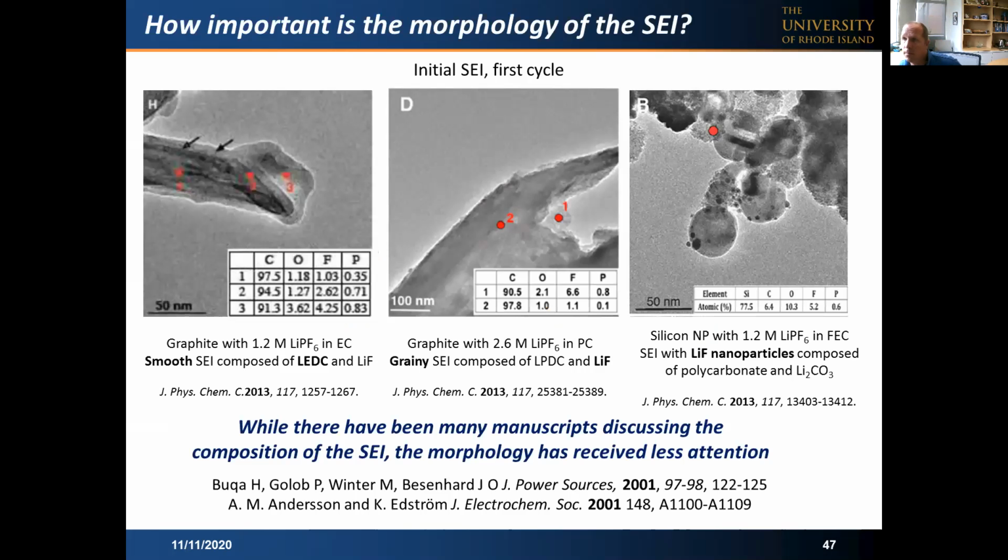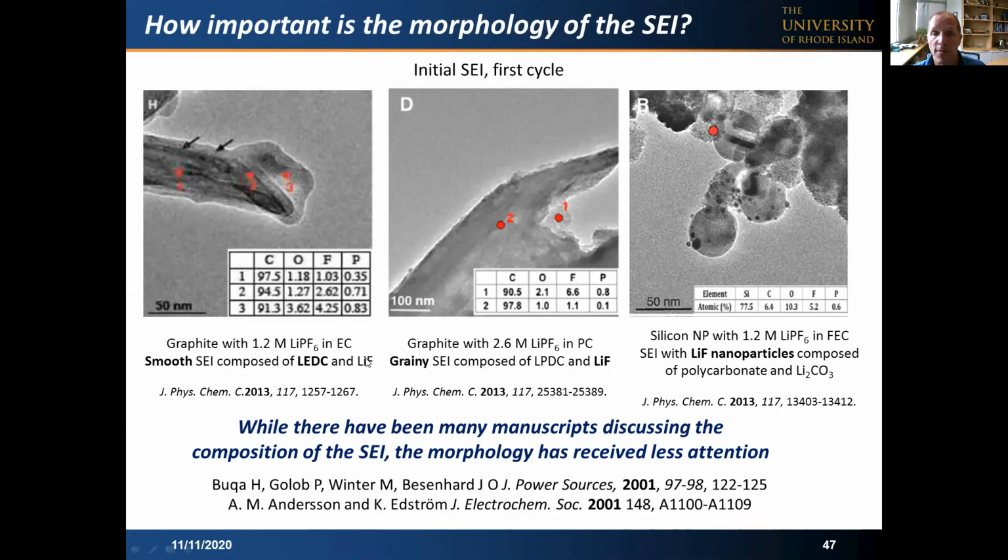So with this, it brings us to the final topic of today's lecture, which is how important is morphology to the performance of the SEI. So as I said earlier in the presentation, when we have graphite with 1.2 molar LiPF6 and EC, we generate an SEI which is quite smooth and quite uniform in terms of its